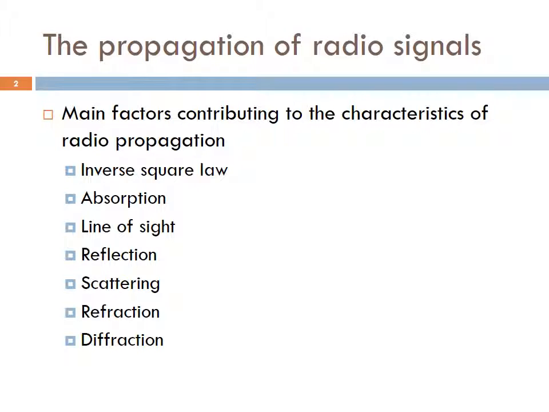T324 Tut5. In this tutorial we will present the main factors contributing to the characteristics of radio propagation. Basically, radio signals propagate from the transmitter to the receiver. However, the real world of Earth, skies, buildings, cars, and so on